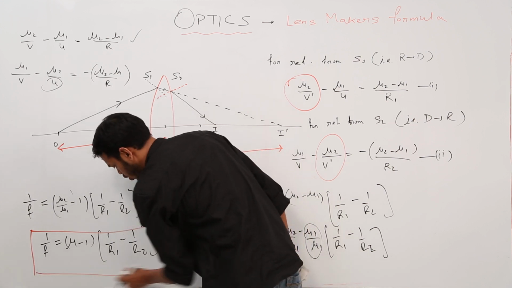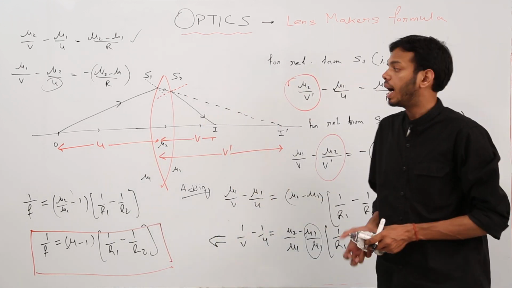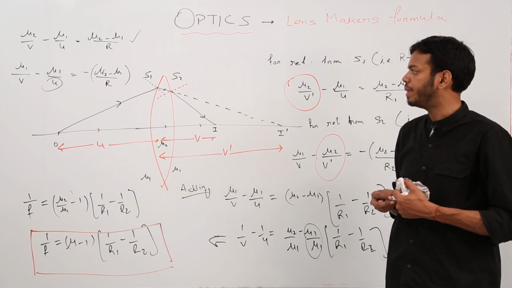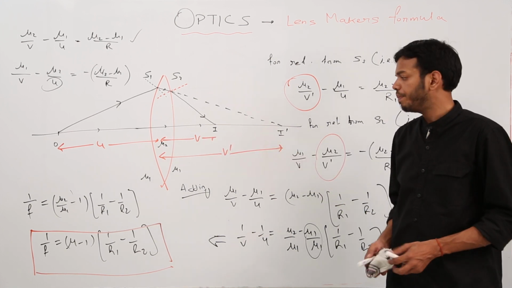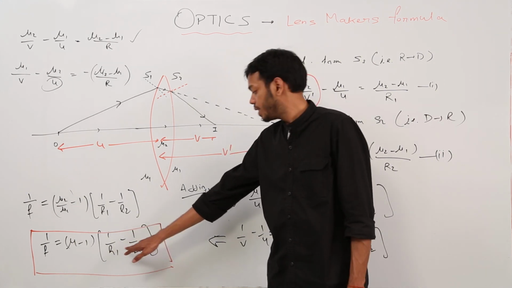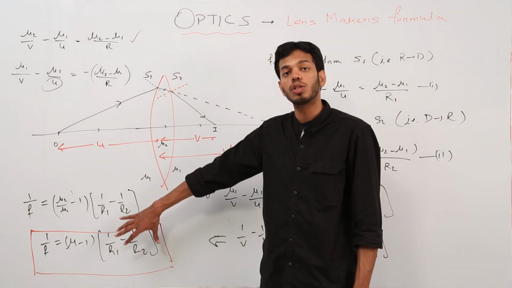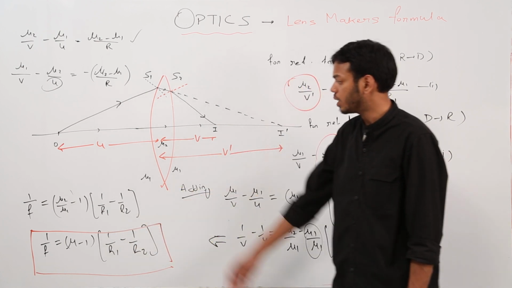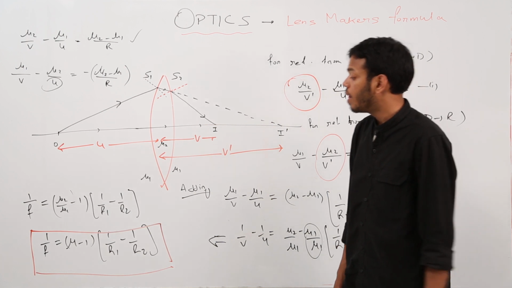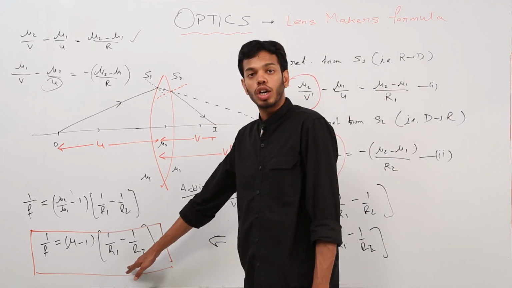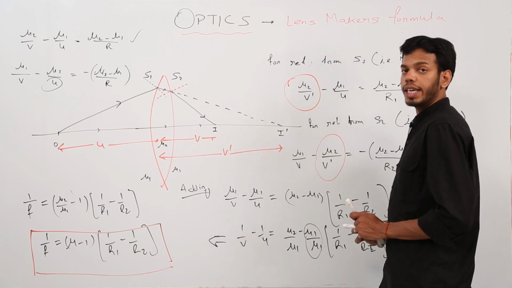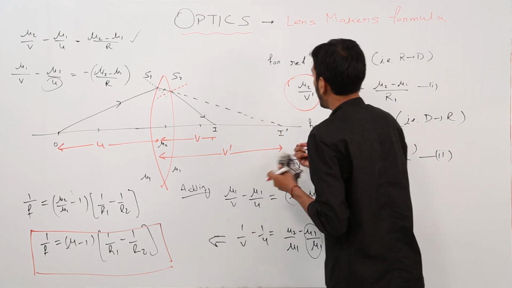I have just one question for you guys. If it is an equiconvex lens, basically if r1 and r2 are equal, 1 upon r1 will be equal to 1 upon r2 numerically. So this term is going to cancel out. It's going to give me 0. So what is the flaw in this formula? Is there something wrong? Well, it's not wrong. It's absolutely right. See, even if r1 and r2 are equal,